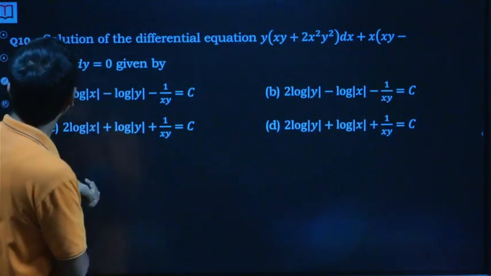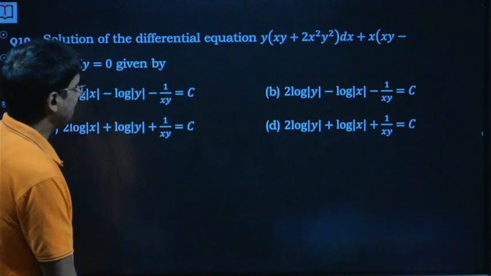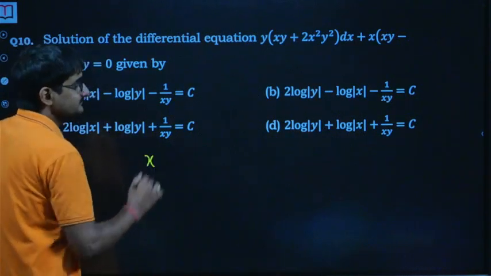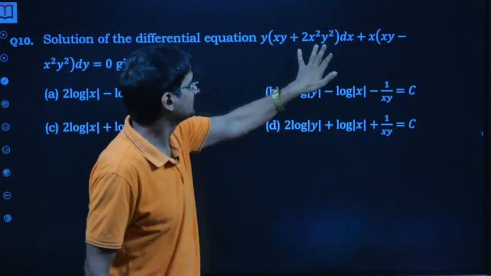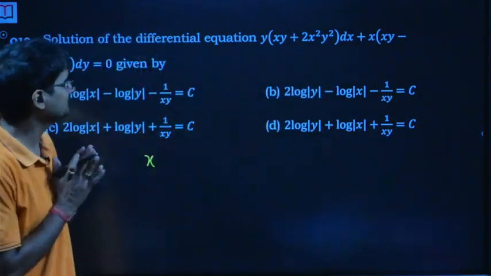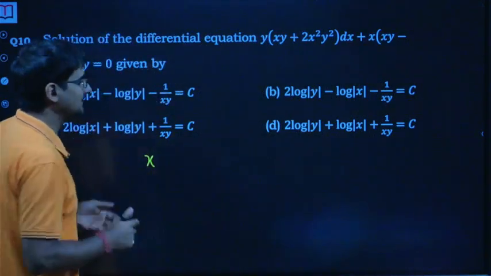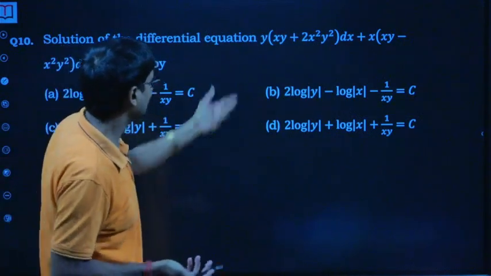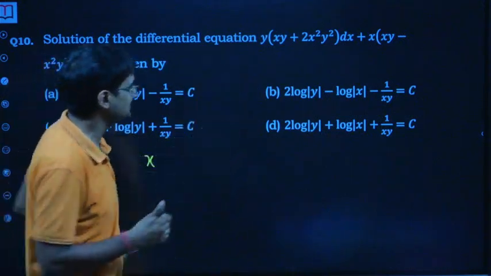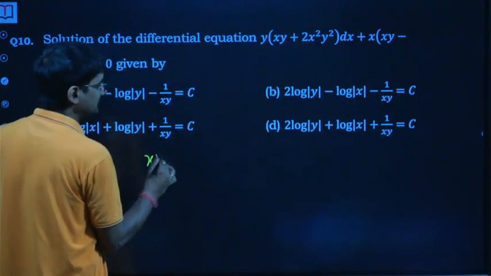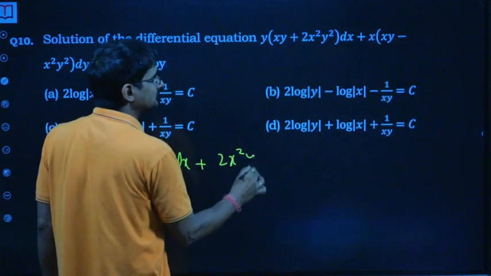The 10th question here is: solution of the differential equation is given by. Okay, so again, is it a homogeneous form? Answer is no. It's a third degree, it's a 5 degrees. Of course, not a homogeneous form. Can we separate the variables? I can't see it happening, so I won't even try it. LD again, I will say it's a bit complex. So the first thing I tried, just by looking at it, was, can I write it as an exact differential form? So let me just try it.